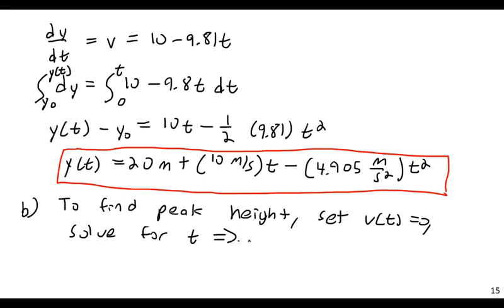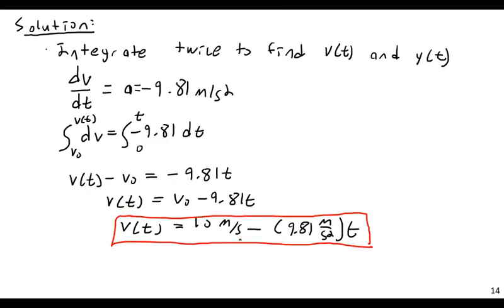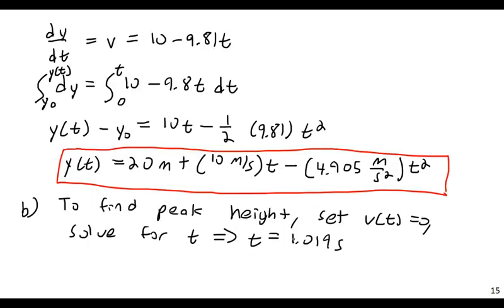If you do that, you'll get that t is equal to 1.019 seconds. Again, all you have to do is take this equation, set it equal to 0, solve for t. That's fairly trivial. And then if you want the y at that value, again, you just plug 1.019 into the y equation, and you will get